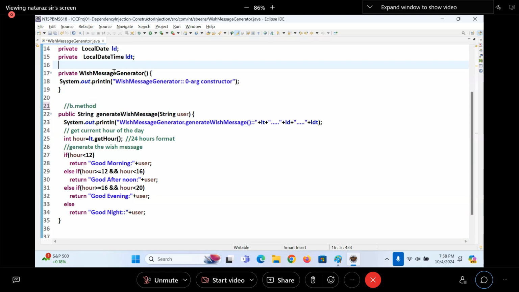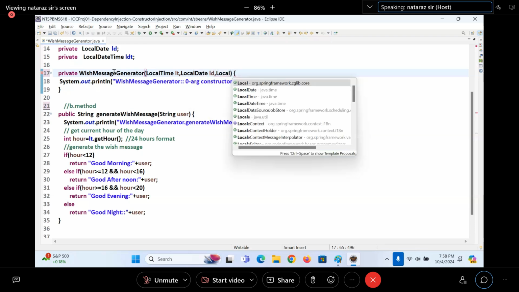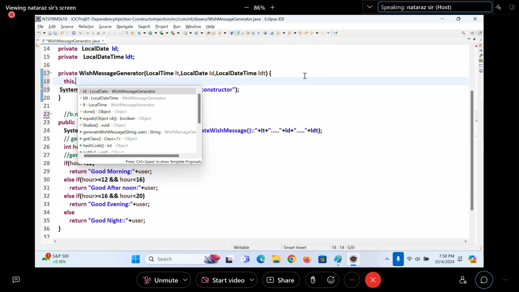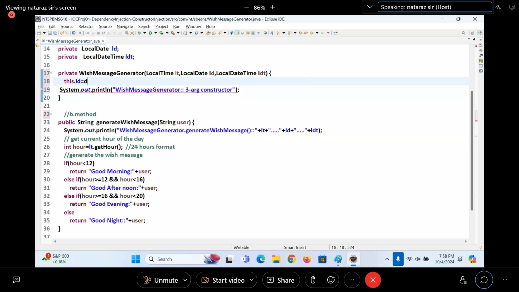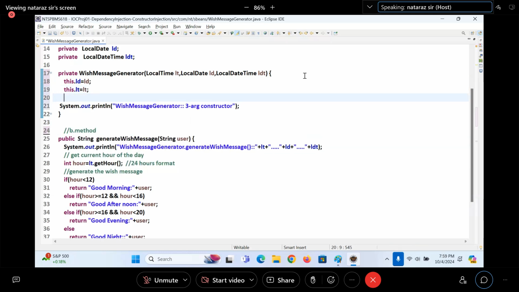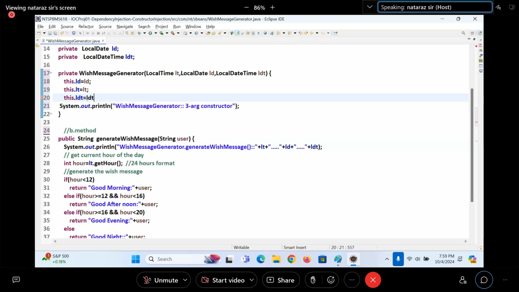I'm taking a three-param constructor: LocalTime LT, LocalDate LD, LocalDateTime LDT. Just taking parameters is not sufficient, you have to initialize them. this.LD is equal to LD, this.LT is equal to LT, this.LDT is equal to LDT.